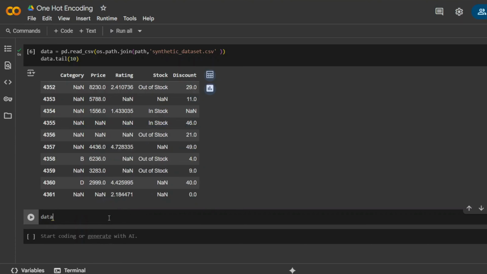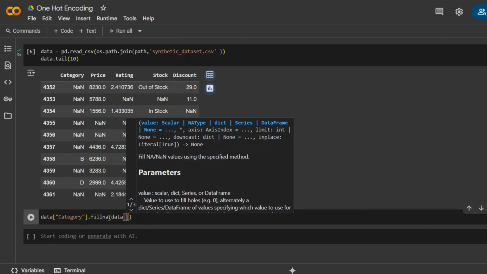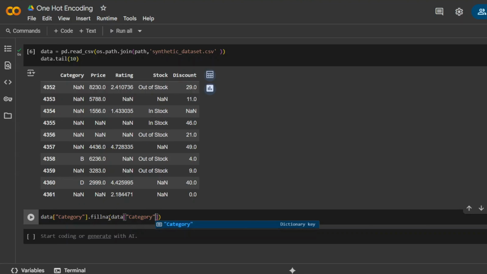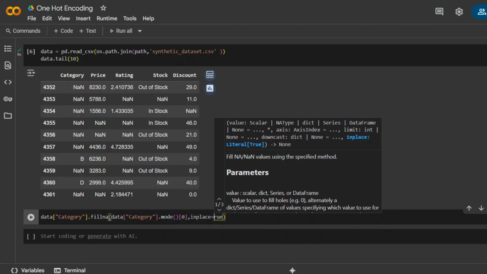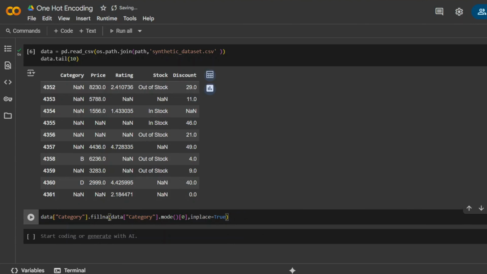So data category dot fillna, which means it's filling the null values. And now what do we need to fill the null values with? Category, and here it could go mode, square bracket 0. Alright, and we also have to write inplace equals True. What inplace does is that instead of creating a new dataset, it just works on the specific dataset that we are already working with, so it does not consume much memory. Now if we run it,